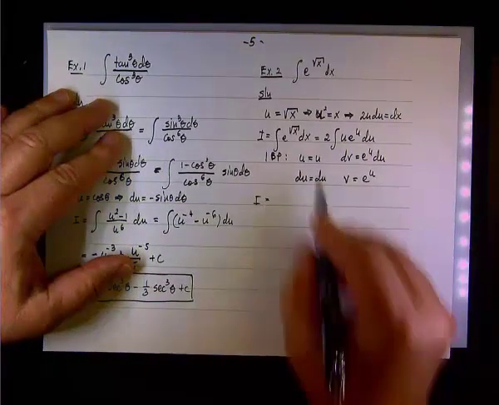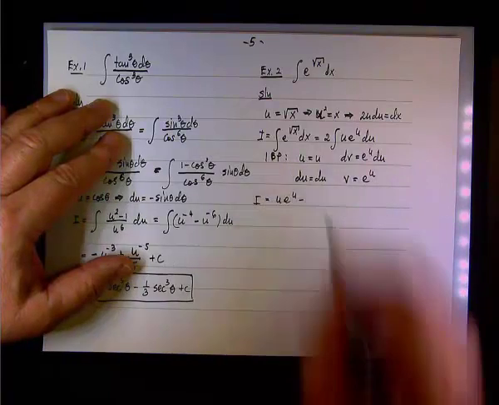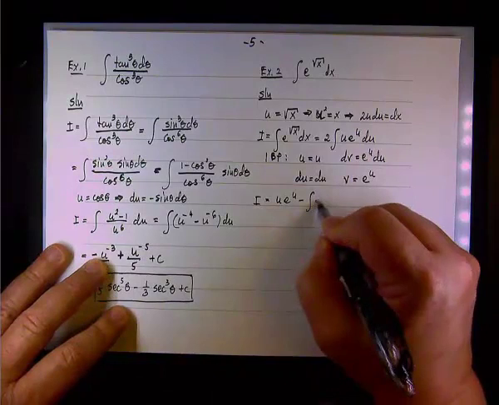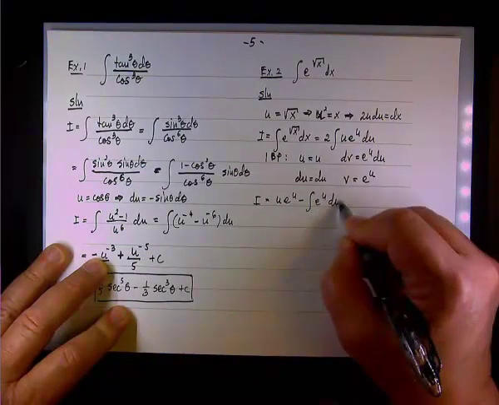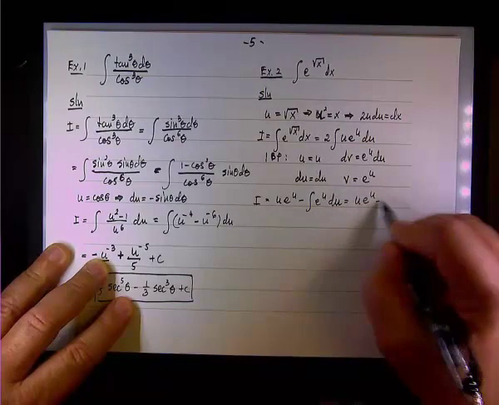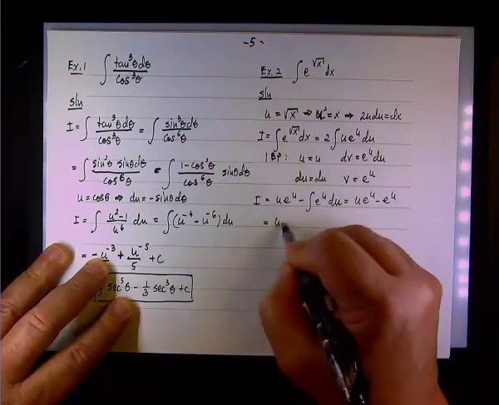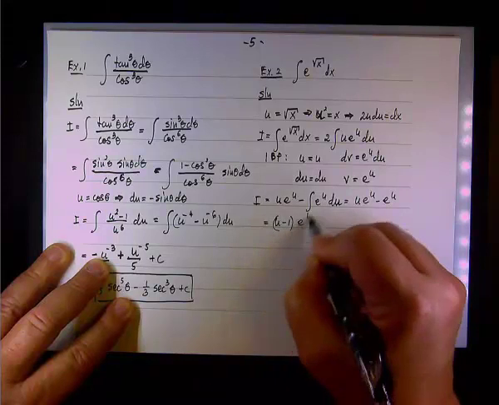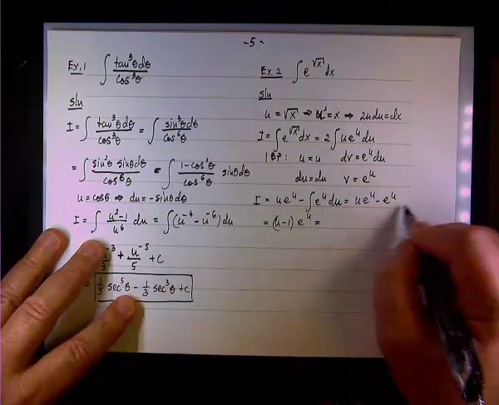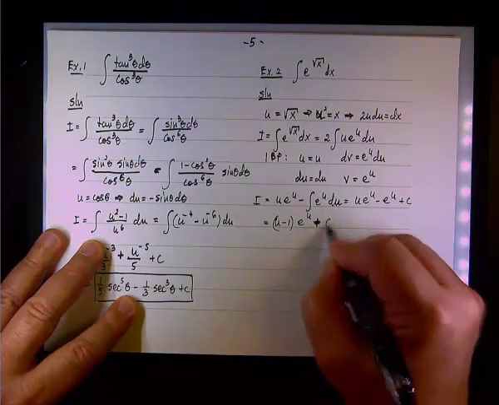And now we're going to say that our integral will be u times v, so it will be u e to the u minus v du. So it will be minus the integral of e to the u du, and of course it's going to be u e to the u minus e to the u, or u minus 1 times e to the u, and finally, having in mind plus c, of course,